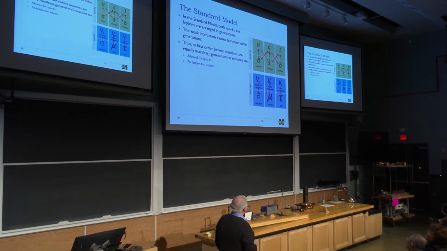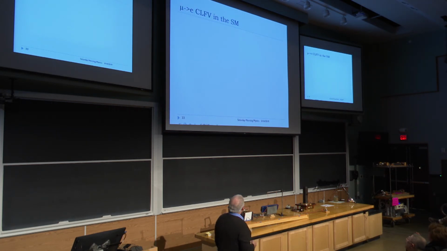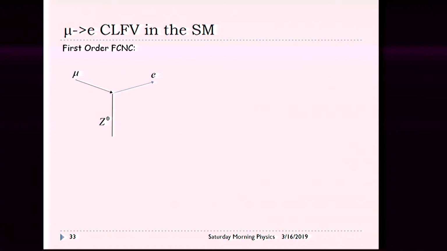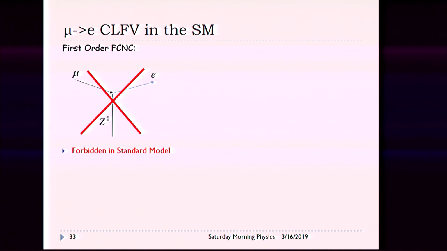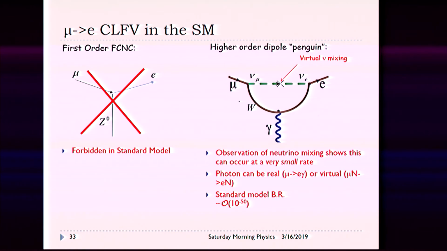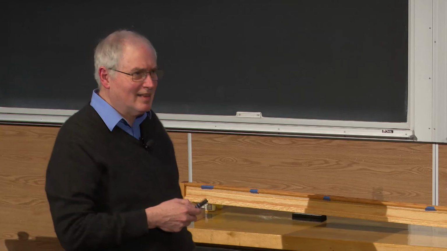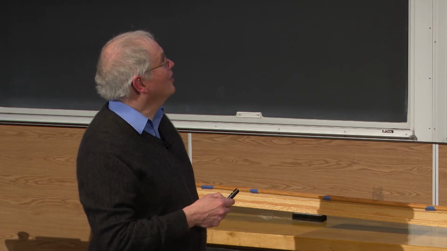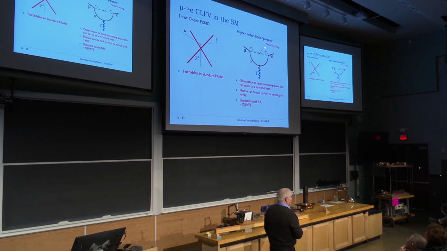Leptons can't do that. So while it's allowed for the quarks, it's forbidden for leptons. So a Z connecting to a muon and electron, not allowed. Can't turn a muon into an electron this way. However, you can do the same kind of trick by, first of all, taking this muon-type neutrino, and we now know that because of the finite mass of the neutrinos that they mix. So this neutrino comes over here, mixes, becomes an electron neutrino.